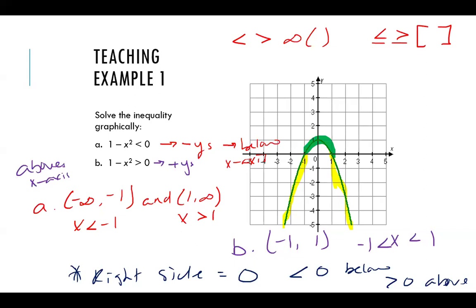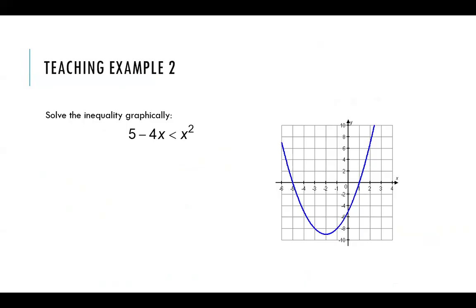Okay, we're going to move on. So notice here, when we're looking at this graph, we can see that 5 minus 4x is less than x squared, right? Before we can get started, we want to make sure that our